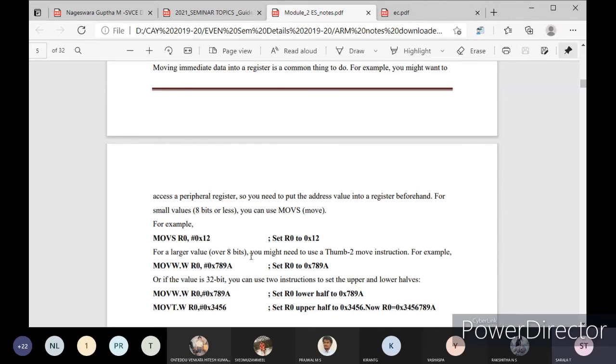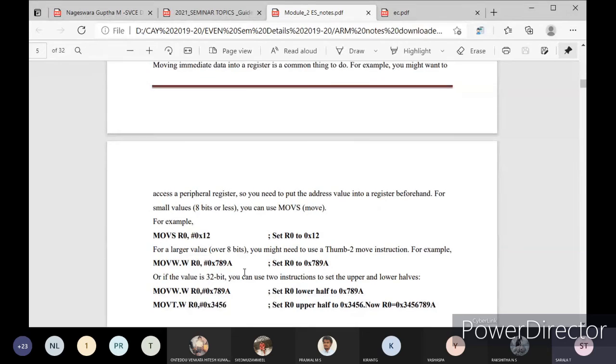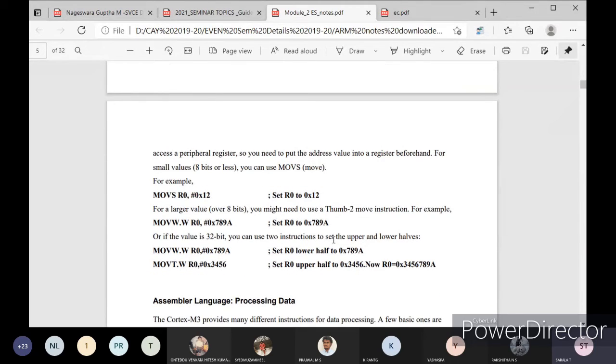For a larger value, meaning over 8-bit, you might need to use the Thumb-2 move instructions. For example, MOVW, where word values are stored into the register. For a 32-bit value, you can use two instructions: if you are transmitting the lower half to R0, you can use MOVW.